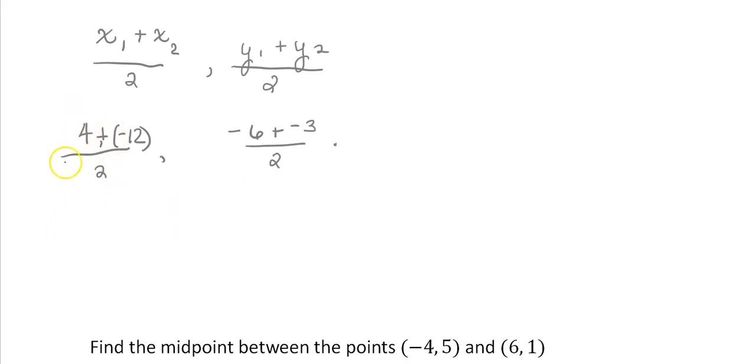So here I'm going to have a -8 over 2, which is going to give me a -4. So my x value is going to be a -4. And then here I'm going to have -9 divided by 2. So you can either leave that as -4 and 1/2, or you could do -4.5. I'm going to write it as -4 and 1/2, just to keep with the 1/2 going on. And so our value for the midpoint is going to be